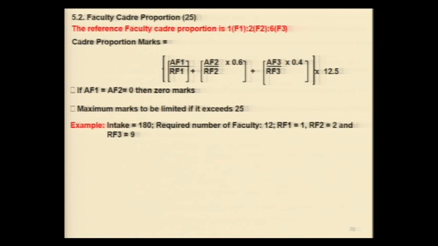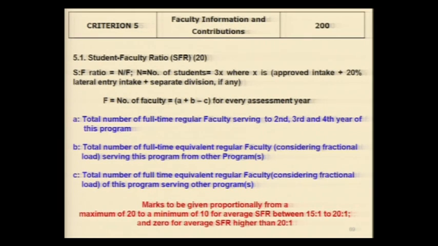Faculty cadre proportion. The other thing I would like to make very clear here is that 100% faculty members are expected to be on board, because AICTE has changed the guideline right now so that you can have 80% on board and 20% under the adjunct category. However, NBA is a quality assurance certification, so it is the NBA guidelines, not the current AICTE guidelines, which are applicable when they go for NBA assessment.